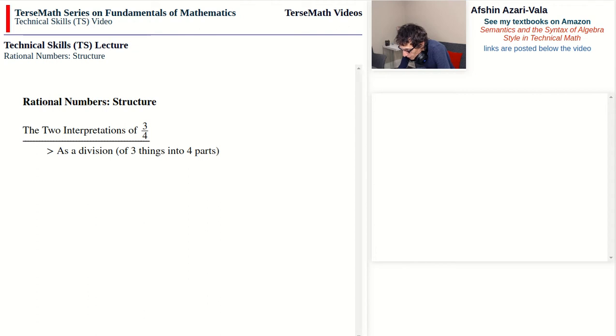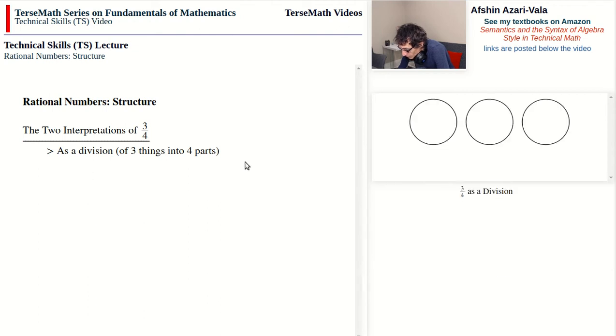Let me show you a diagram of what it is that I'm talking about. So here we have three things, and let's say 3 pies, and we want to divide the 3 pies between 4 people and give everybody an equal amount of pie. And if we go about working it out, we'll end up with this image. You notice that the shaded part that's light blue, this is one piece. The orange pieces together form another piece, so the blue is given to one person, and the orange pieces are